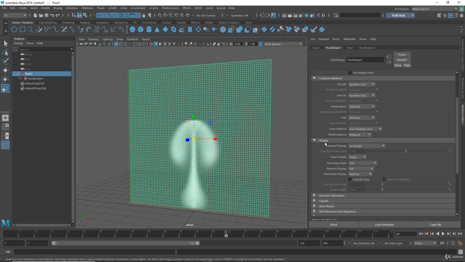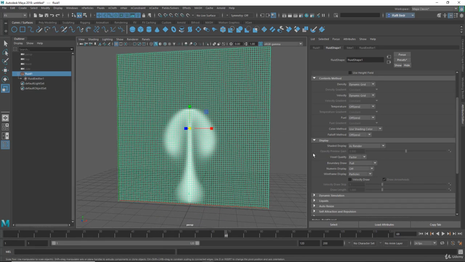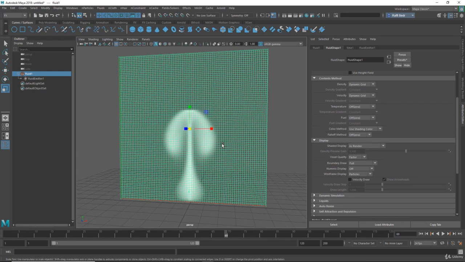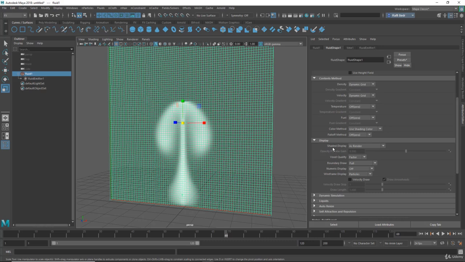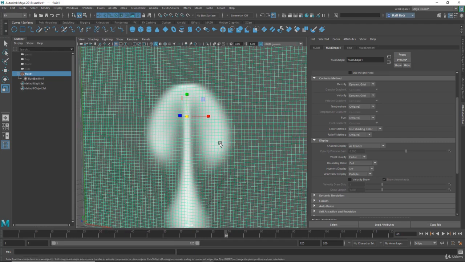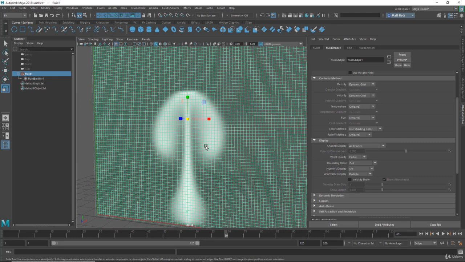We are going to look at the display. So everything you see here in the display section is not affecting the rendering. Okay, so everything is related to the viewport. Okay, and here you see I have the shaded display. So if you set that to render, now you can see the smoke, the render of the smoke will